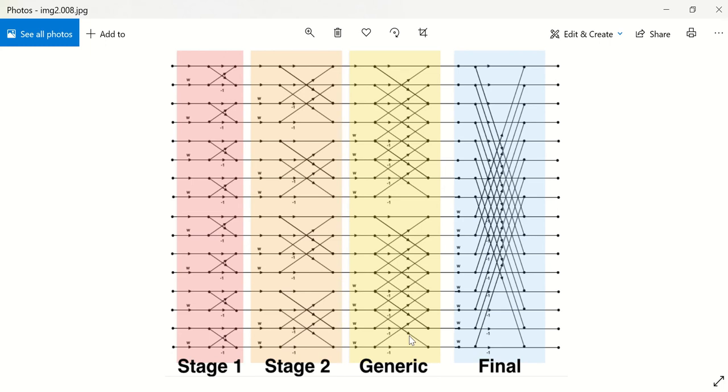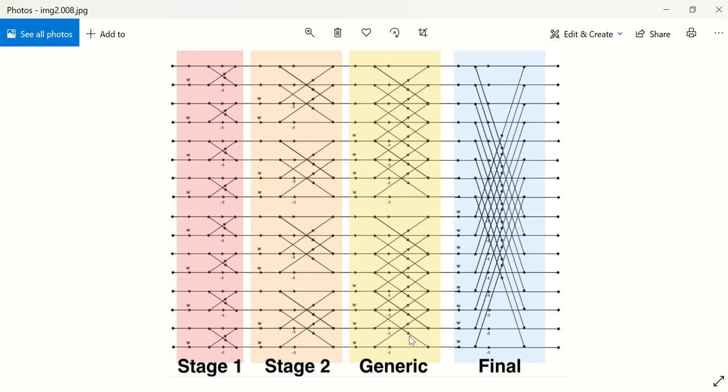So this is a generic butterfly diagram, not specific to any point FFT. So basically we have 5 stages for 32 point, because it is log 32, and initially in the first step we'll have the inputs, two inputs taken at a time for a butterfly, and then the first two butterflies' outputs are taken and combined with another two butterflies, and so on and so forth.